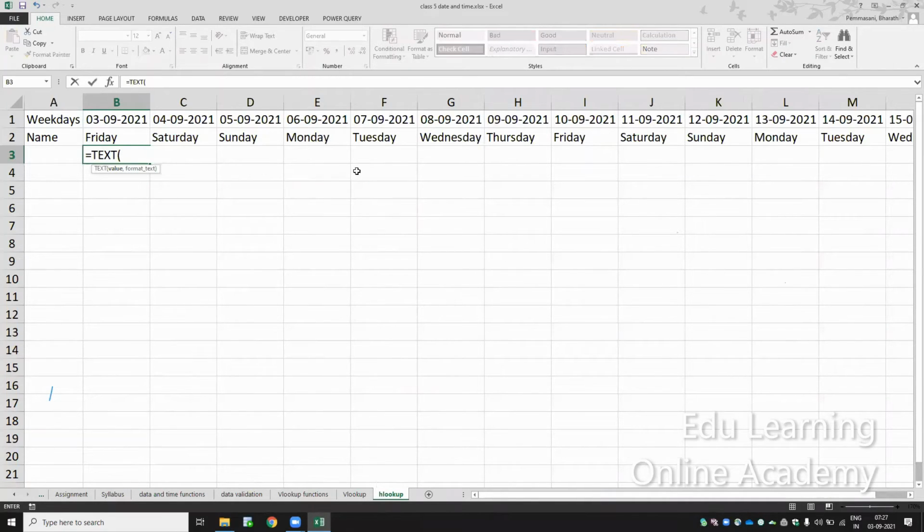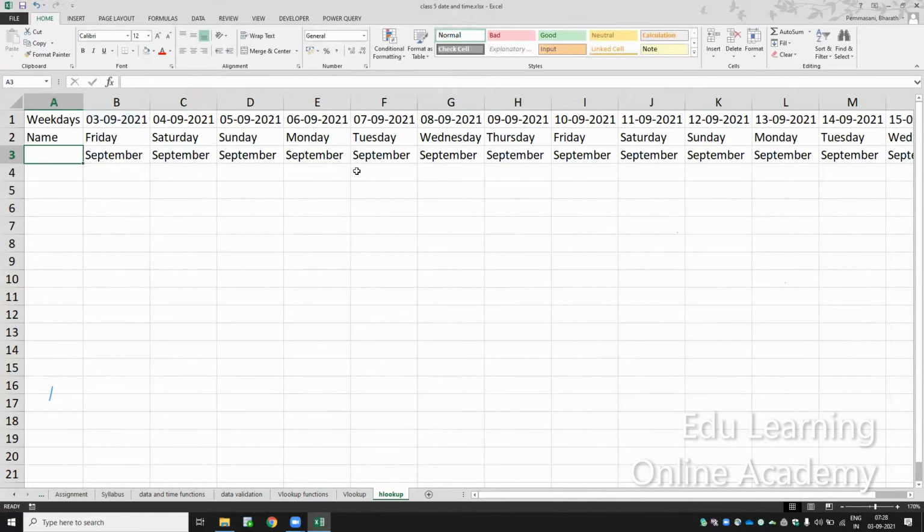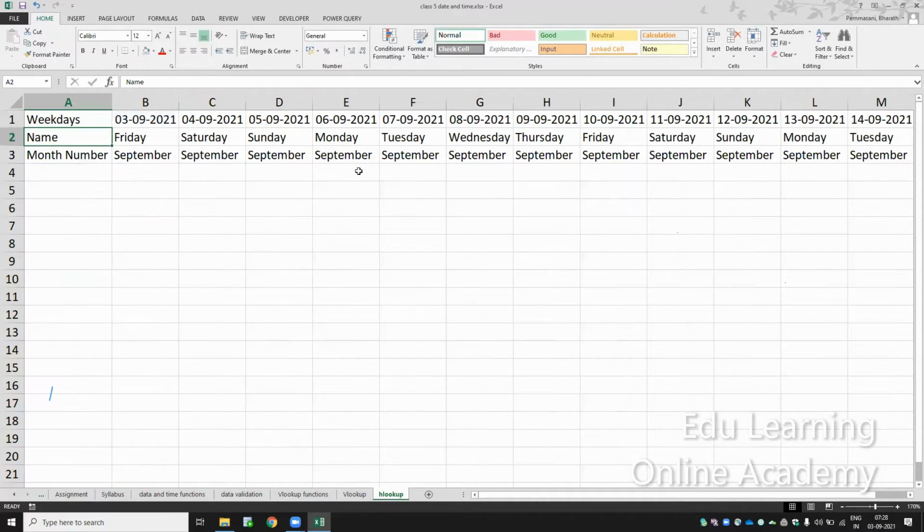Text of, I'll select this one. I wanted to get the month number. How do I get MMM? So I have the week name for this current date, and I have the month number.